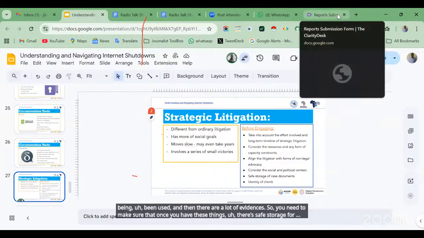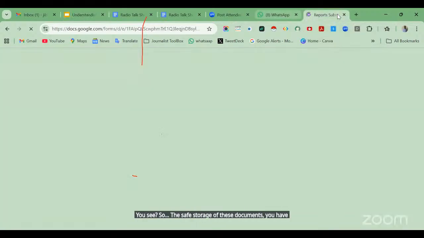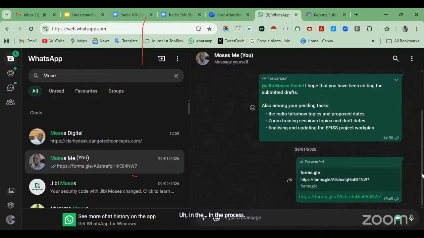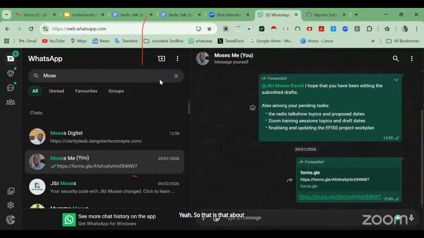You really have to consider this before engaging in the process. And then the identity of clients, people that you will engage, you need to protect their identity. You need to make sure that they are safe. And then yeah, so that is about strategic litigation.